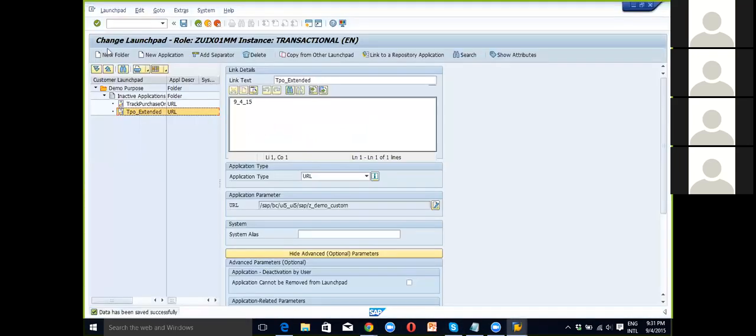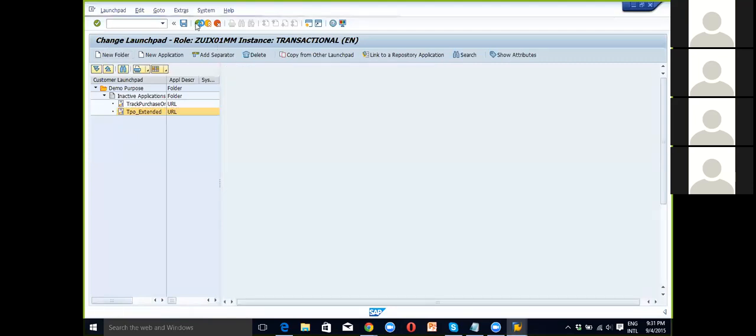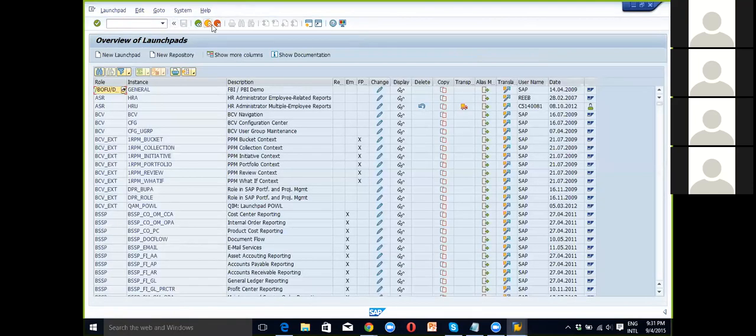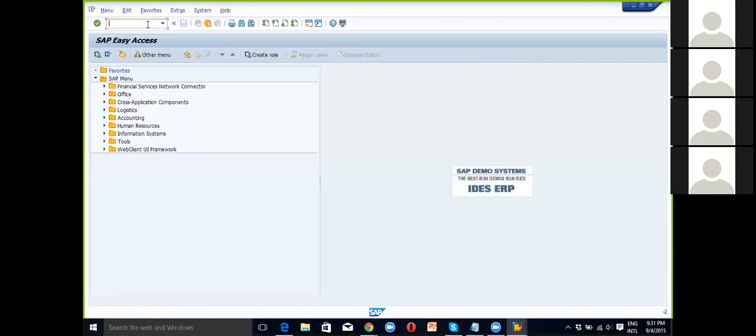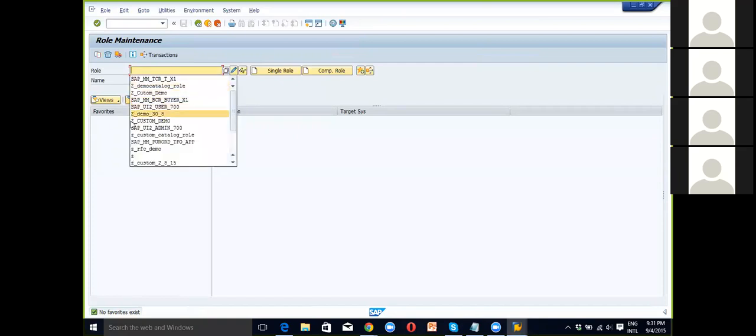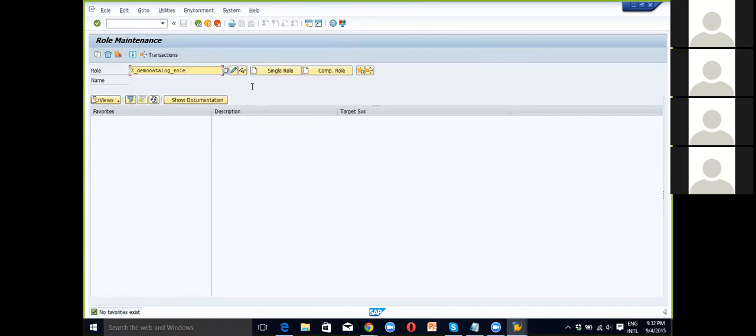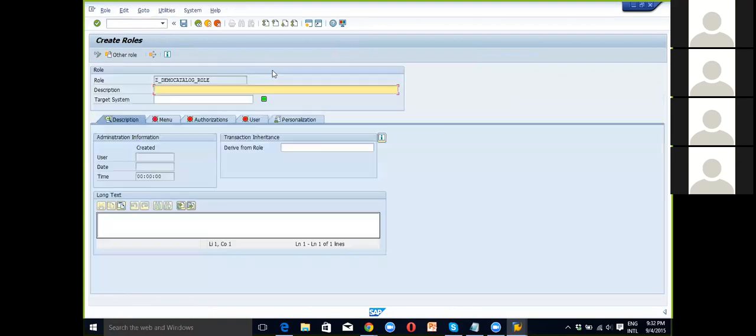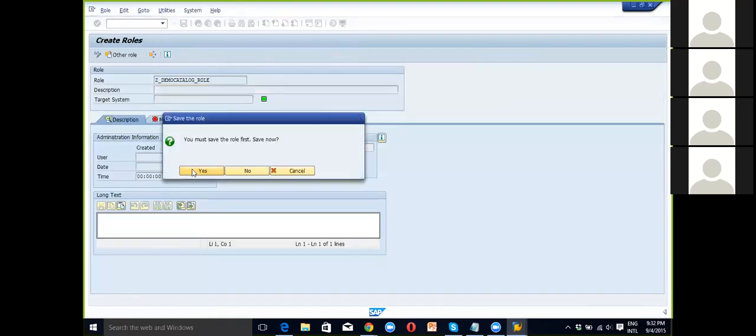So I will go again now to my NetWeaver Gateway system, and over there I will open PFCG. So I can either create a custom role or I can use any of the roles which are already available. So already there are many roles, so let me use this one. Is it there? Okay, so it's not there. Let's create a role with this name, Z demo catalog role, single role, and in the menu tab I will